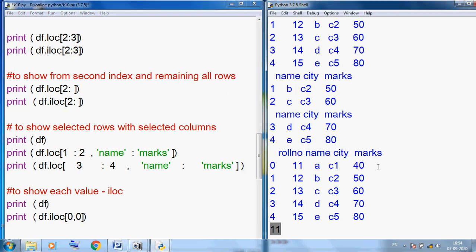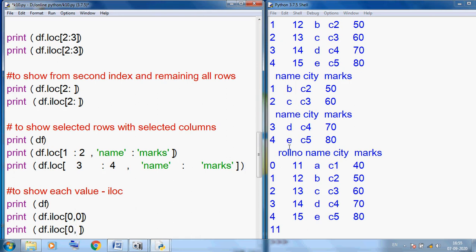Suppose I want to display only C1. What is the position of C1? You can use df.iloc. We can simply use our 2D array numpy concept. I want to display C1, so the row is 0. What is the column?